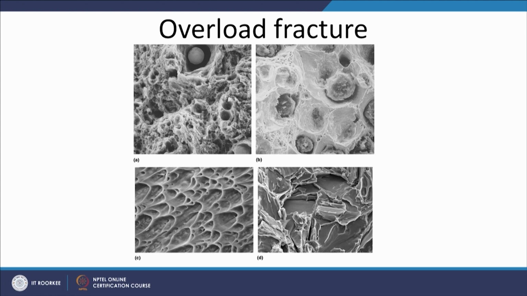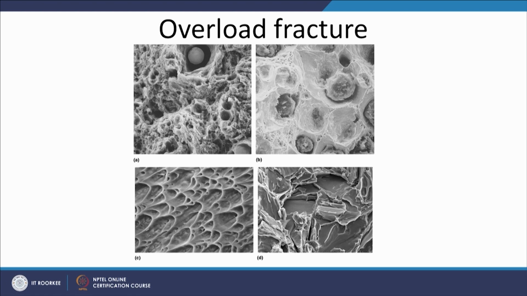In overload fracture under tensile conditions, the dimples grow perpendicular along the direction of the external loading, but when the load is shear type, then the dimples elongate in the direction of the loading. That is what we can see here. The dimples are oriented in one particular direction and they are not perpendicular to the surface. And this is the typical case of shear loading, which may be in the form of a tensile toughness test or